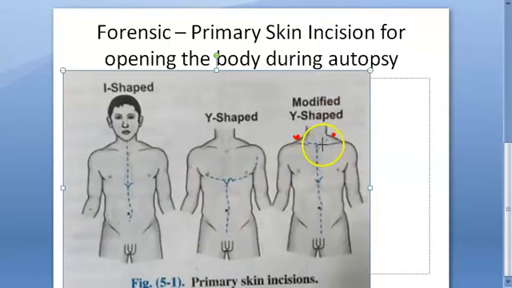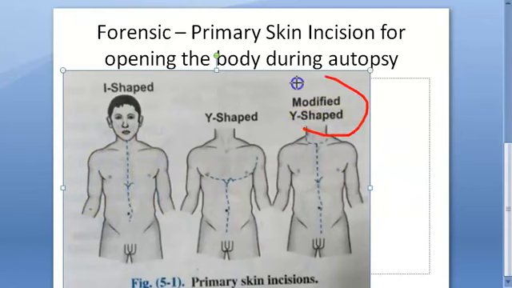From the suprasternal notch to this center of clavicle on both sides, passes upward over the neck behind the ear. So from here it's going till the ear, behind the ear, they are cutting it. This is used in females or in a body that has to be kept for viewing. So they are preserving the breast probably. This is used in females. So they don't want to cut around here.